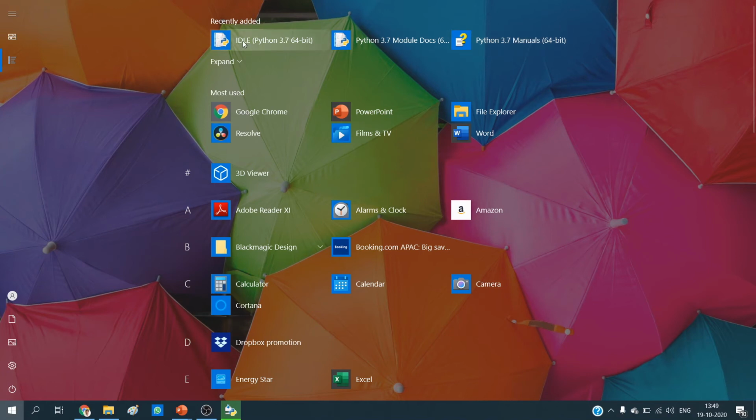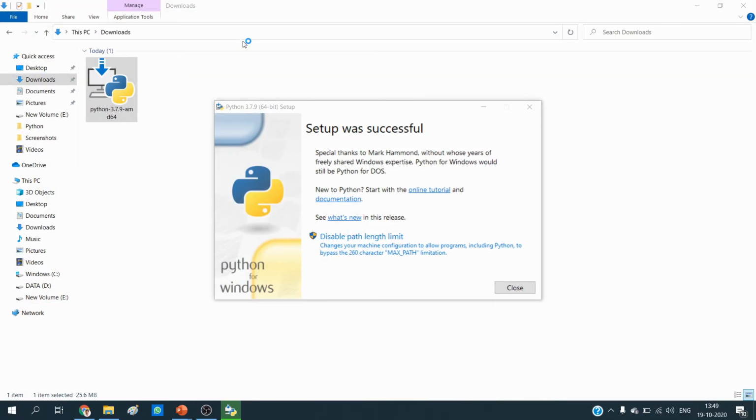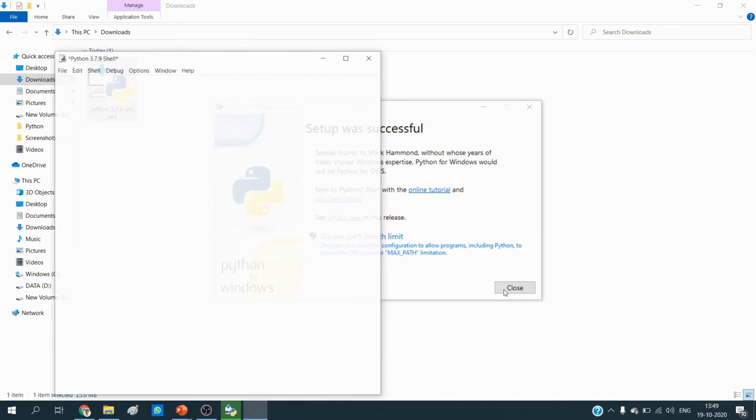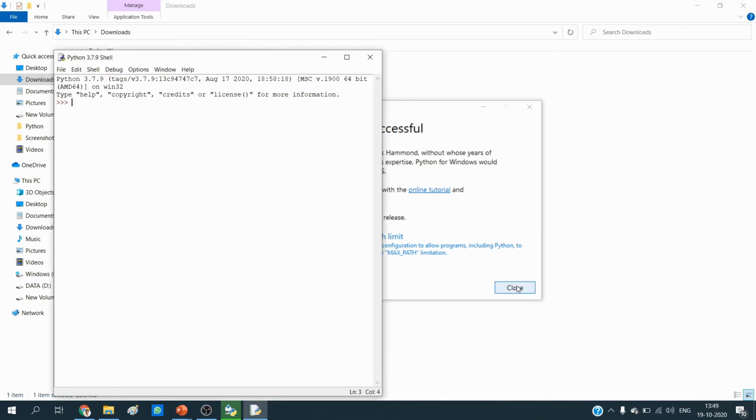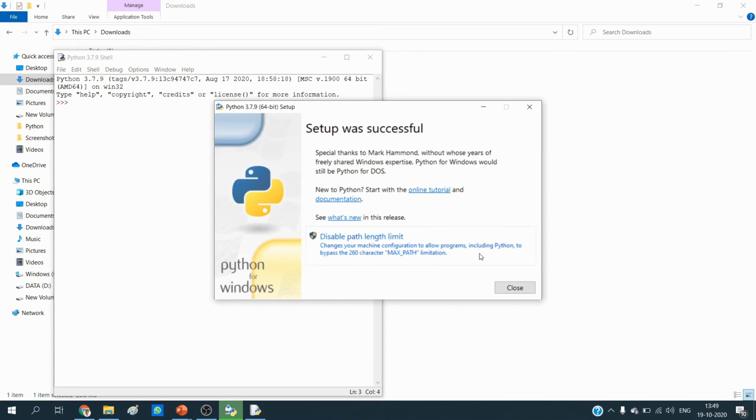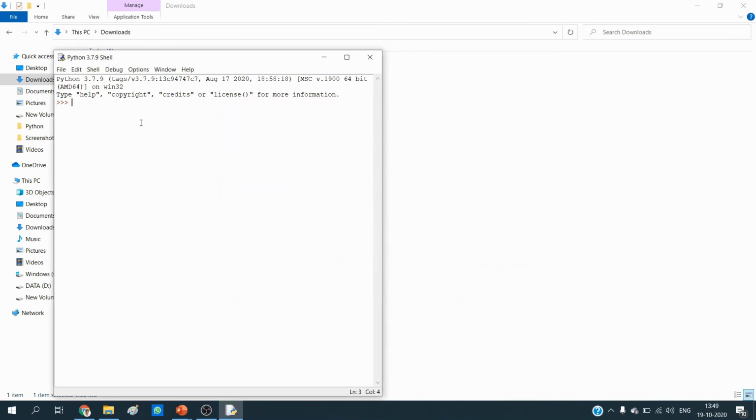So I'll click on this icon which is responsible for programming, and you can see the successful message has also appeared, right? So I can close it, and this is the interface where I can type the program. So simply I'll write print, and in parenthesis here I'm writing hello everyone, and then I need to close the bracket, enter. So you can see that hello everyone is printed.